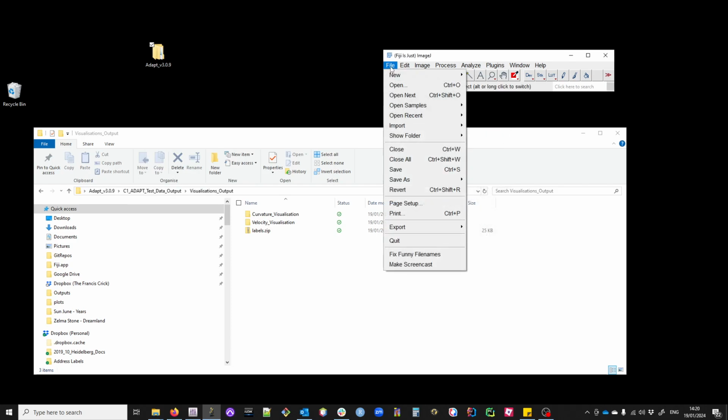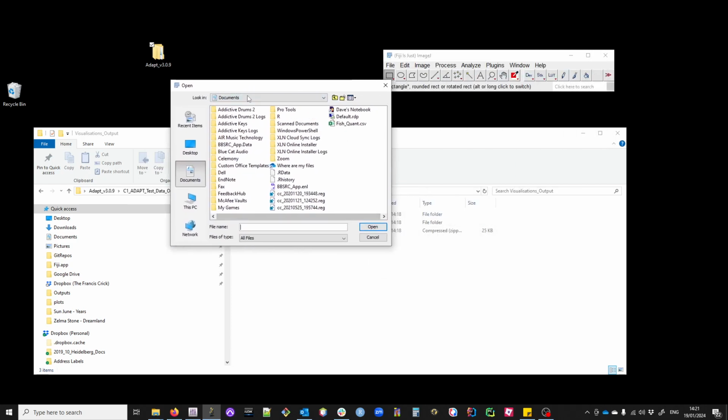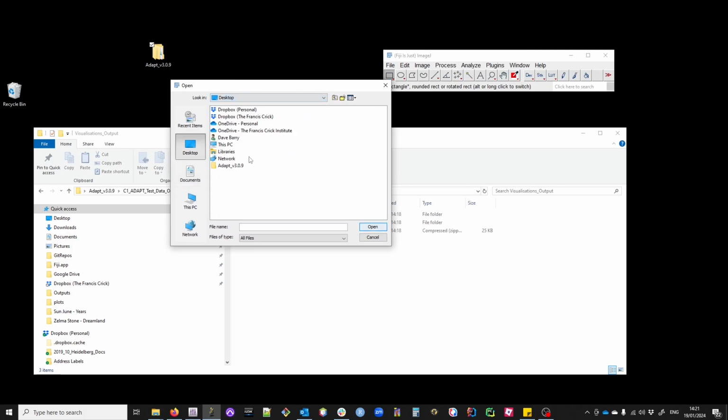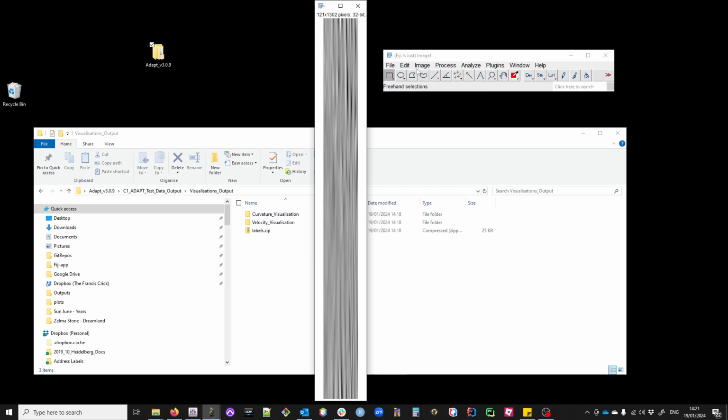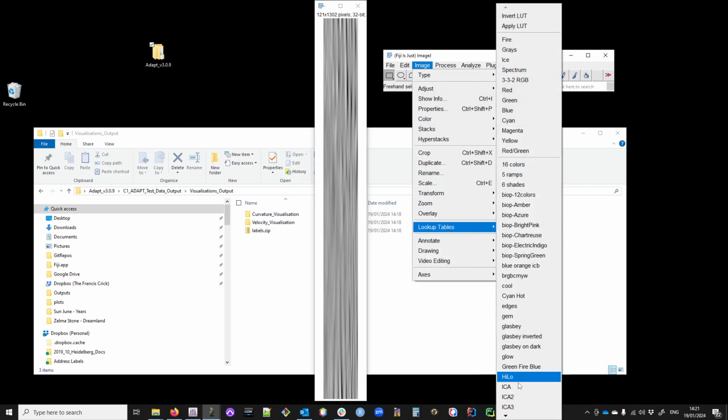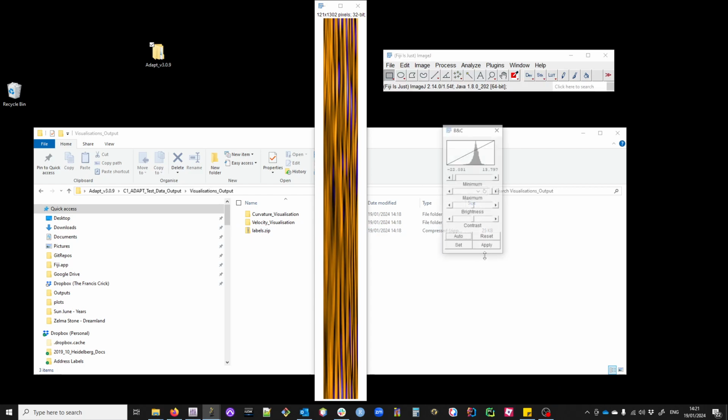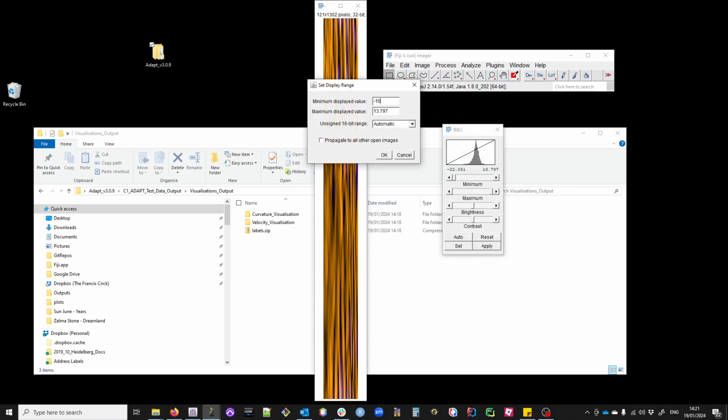But just to show you another couple of outputs very quickly before we finish up. Going back into that results folder, I mentioned the individual cell data output, and you'll find a bunch of different things in here for each cell that was in your movie. I'm just going to show you, for example, the velocity map, which basically shows you the same data that you'll see in that velocity visualization, but this time it's been flattened out into map form. So again, we can apply the same lookup table to this, the ICA one, and again set similar brightness and contrast limits,